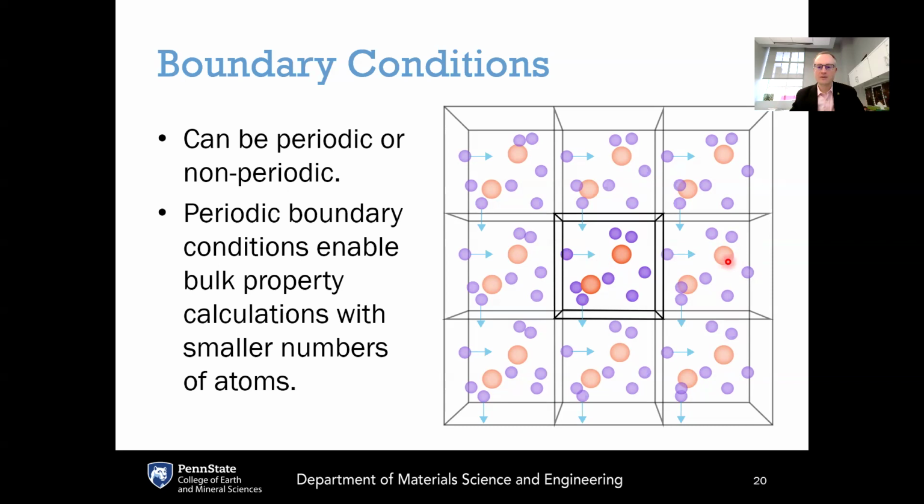Now, you can have periodic boundary conditions in all three directions. That would be appropriate for a bulk simulation. If you are simulating a surface, you can shut off the periodic boundary conditions along one direction in order to create a free surface. So it might be periodic, say, just along 2 dimensions,